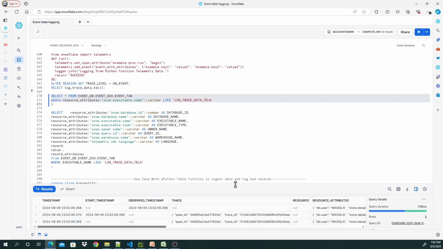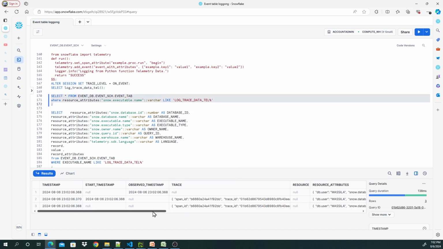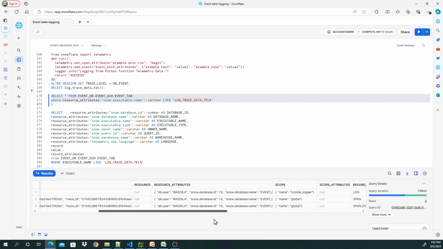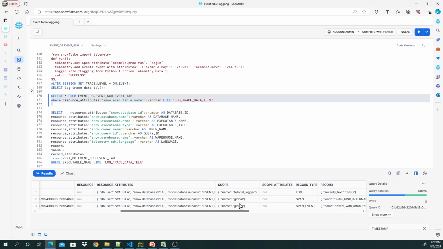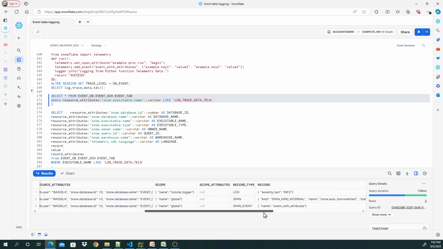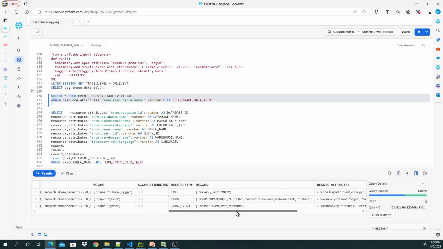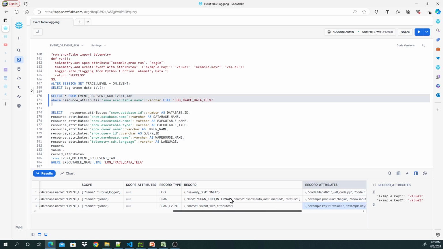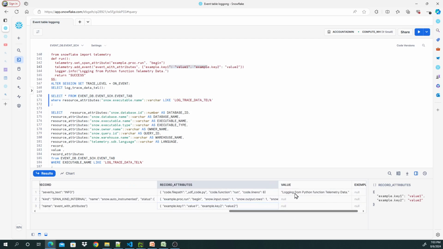And here we have the result. We have generated 3 records. We have the scope, this tutorial, and name global. We have log and span event, and name event with attributes, and we have here both key value 1 and value 2, as you see here. So here for the trace, and here the message logging from telemetry